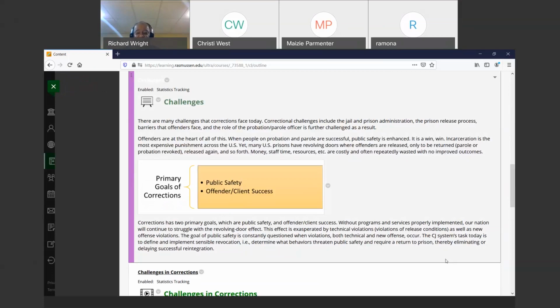Public safety, because individuals who are prepared to be out and you dealt with their problem, you provide less crime, and it provides public safety, and then is successful for those individuals so that they become good citizens and